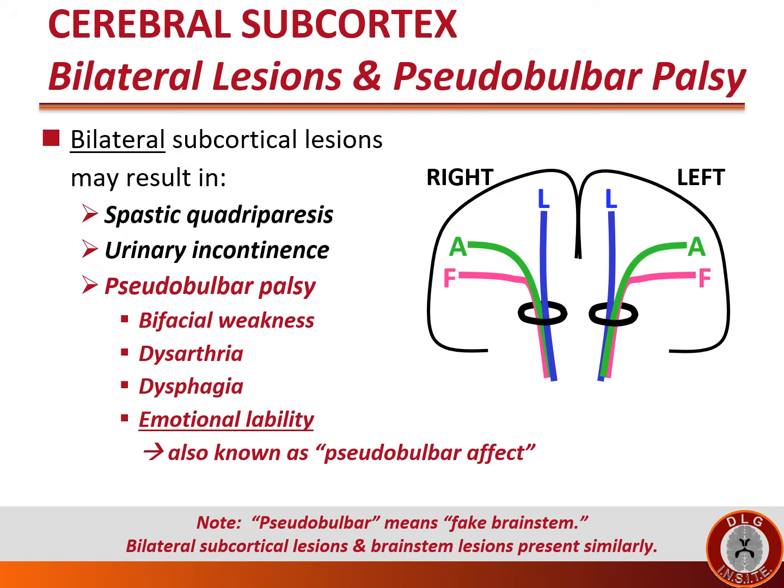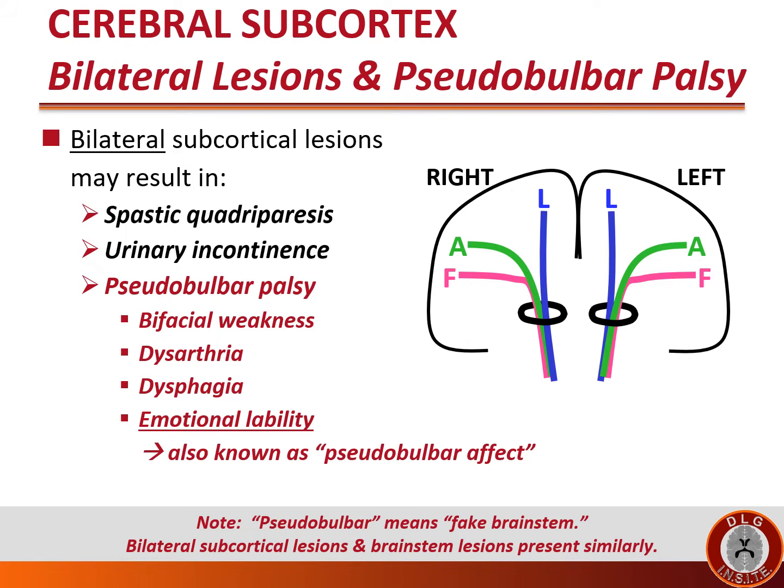Bilateral lesions in the cerebral subcortex may predictably result in spastic quadriparesis due to bilateral upper motor neuron dysfunction, but may also result in urinary incontinence due to disinhibition of frontal lobe control of the bladder, and may lead to a condition called pseudobulbar palsy, manifested by bifacial weakness, dysarthria, that's slurred speech due to weakness of the muscles of the mouth, dysphagia, swallowing problems due to weakness of the muscles of the mouth and throat, and emotional lability, also